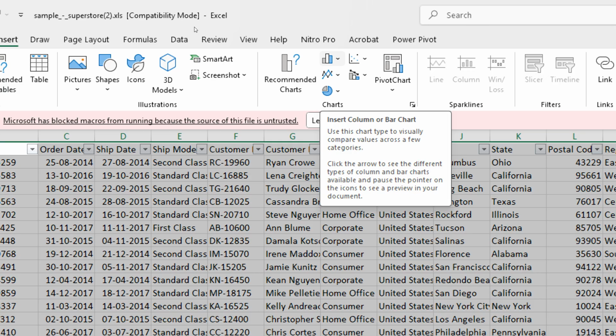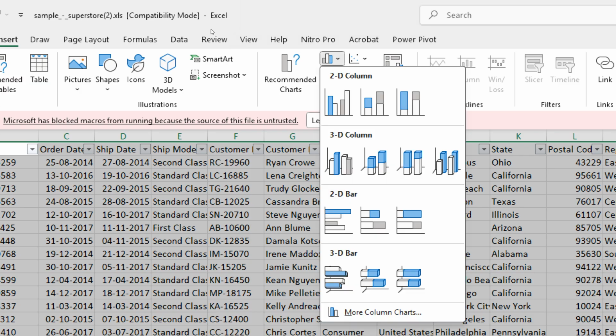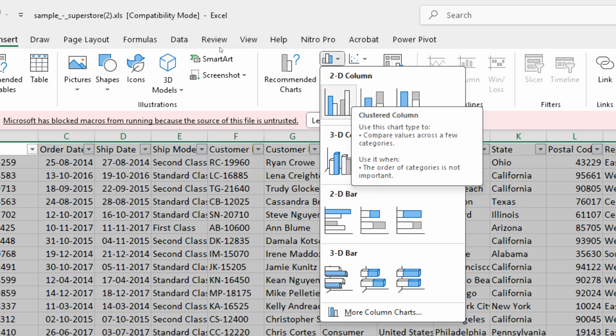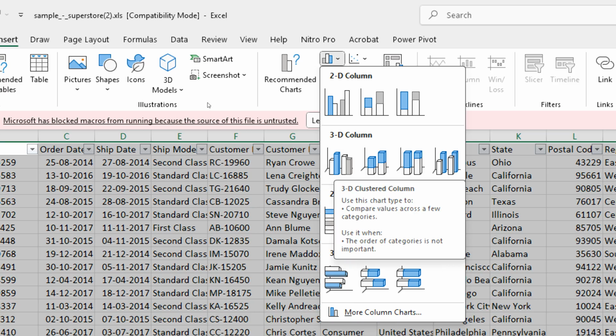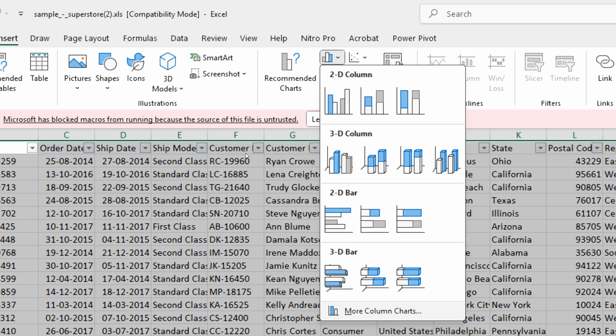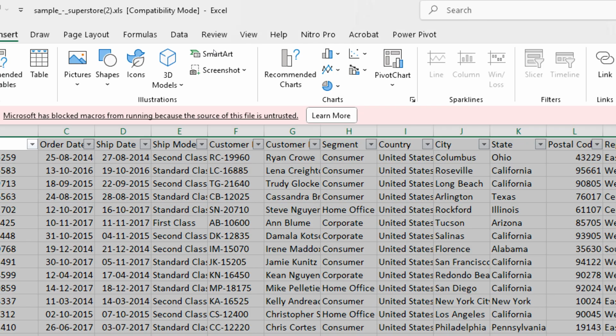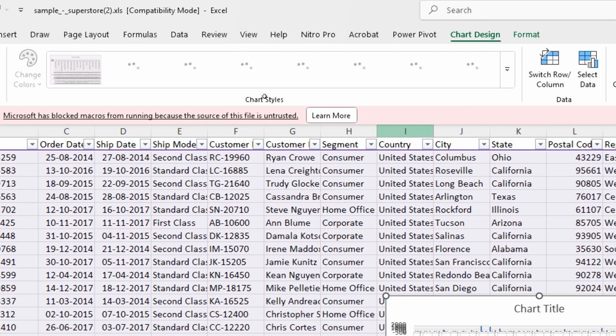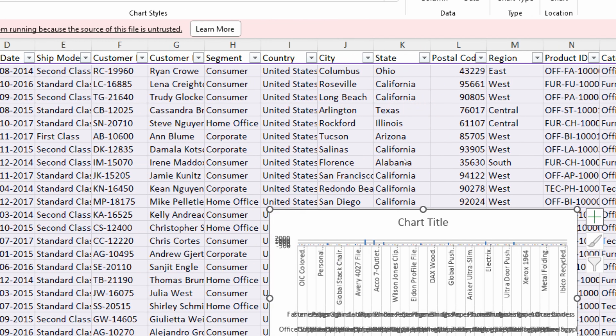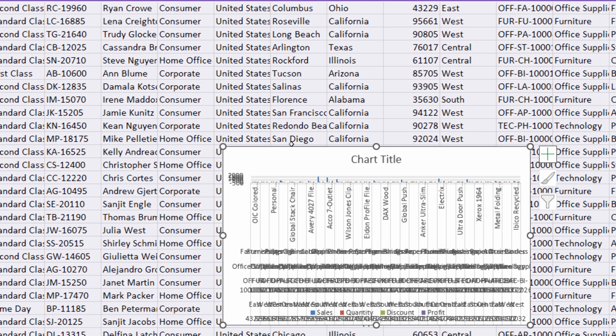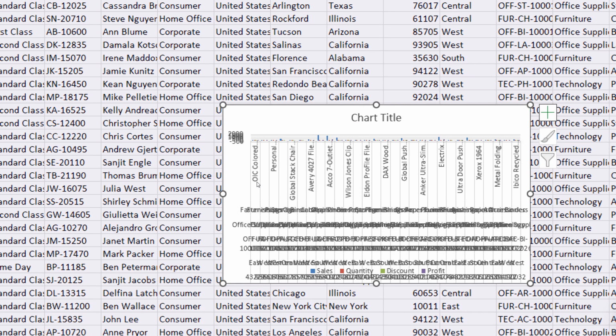When you click on the arrow mark, you have several options. You want 2D, you want 3D, you want 2D bar like this, you want like this, and more column charts are there. So, let us go with the default 2D. You can practice more in detail later on. You can see that the moment I click 2D, the entire details have come, but it is merged because of the size. So, what you can do, you can just